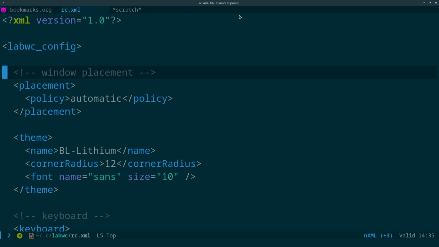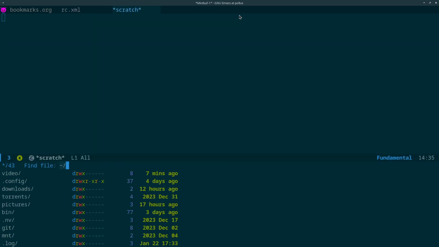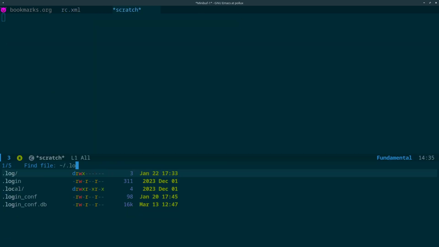So the themes are actually, you've got several things. What you can have is a theme rc file, and you can create a themerc.override file and put it in the labwc config directory. But there's also pre-built Openbox themes that you can use with Labwc, so local